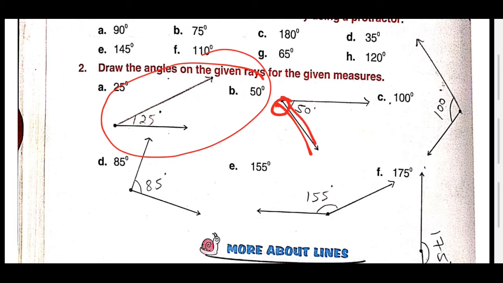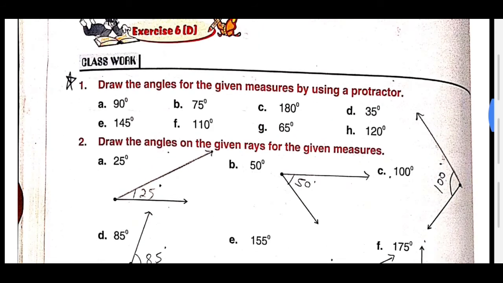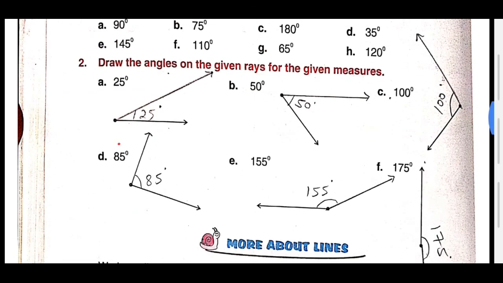So now it is 50 there. Now just find the value, write the 50, mark it and then join. So in this question, the normal comparison is that in question A you have to draw in your notebook while drawing the line. In question B, the line is already given.